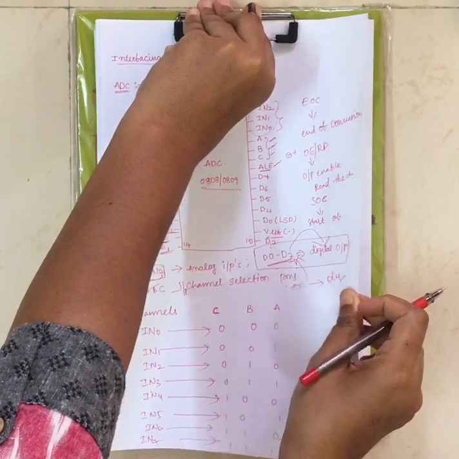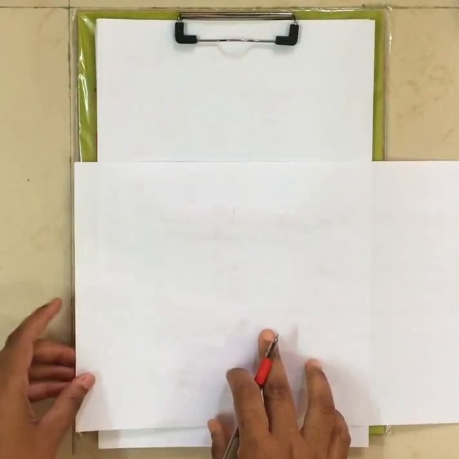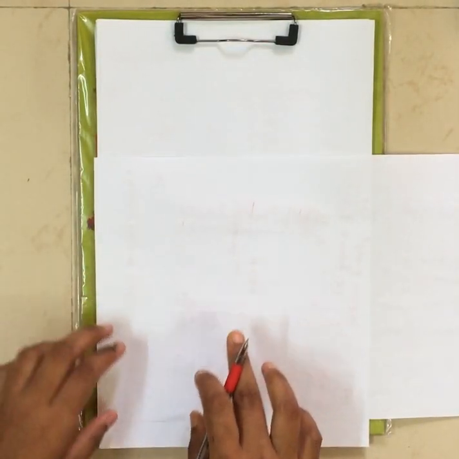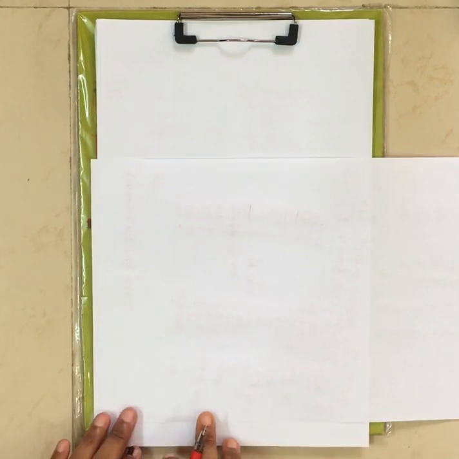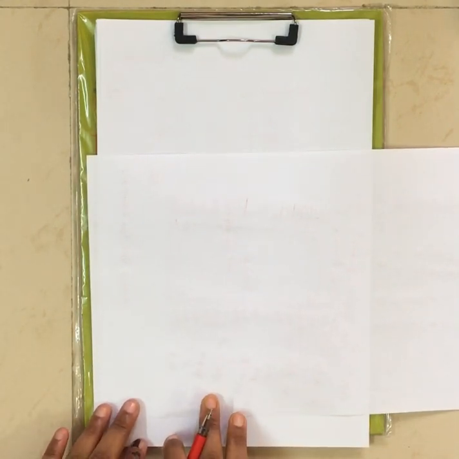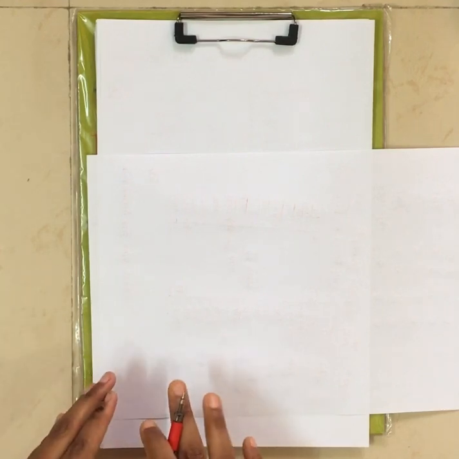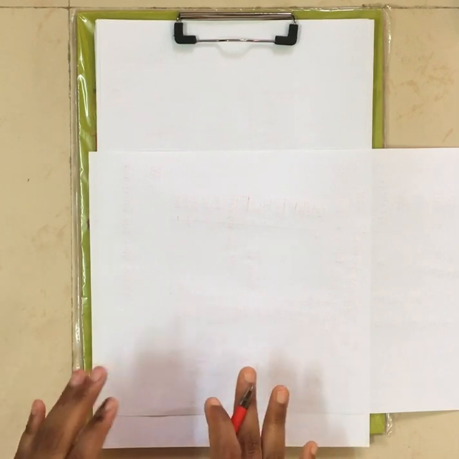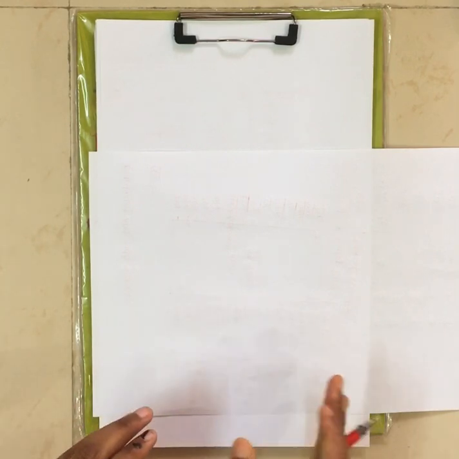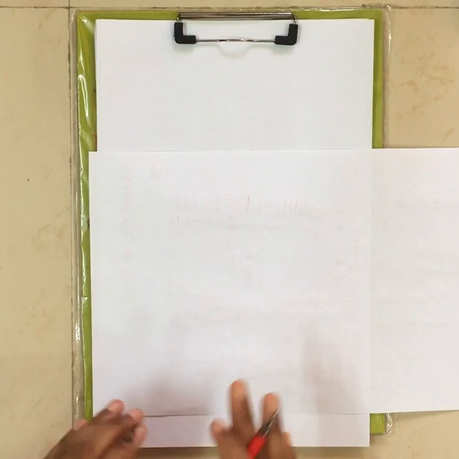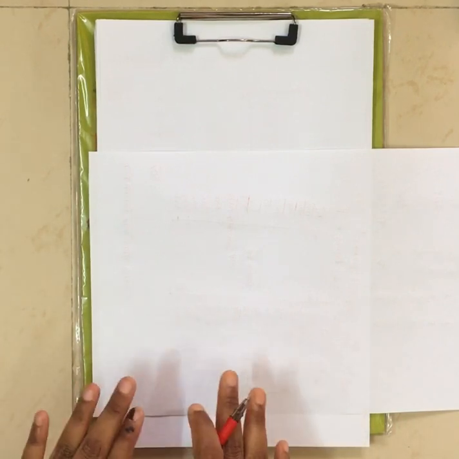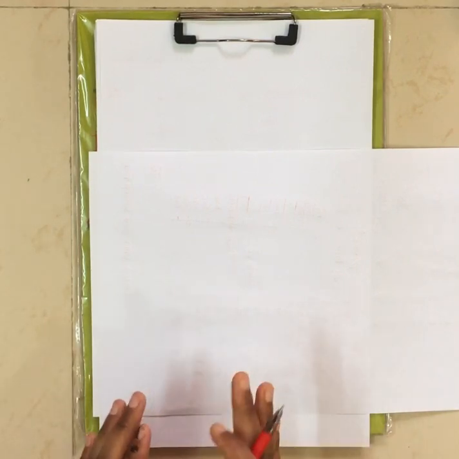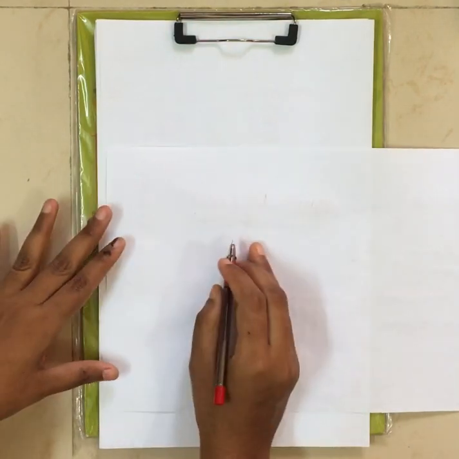Now let us see the interfacing part of ADC with 8085. Here also you can't interface 8085 directly with your ADC. First 8085 has to be interfaced with 8255, under IO mapped IO, because you are treating the ADC as an IO device. We are not treating it as a memory location. That's why you have to interface 8085 with 8255 under IO mapped IO. Now let us do that first.